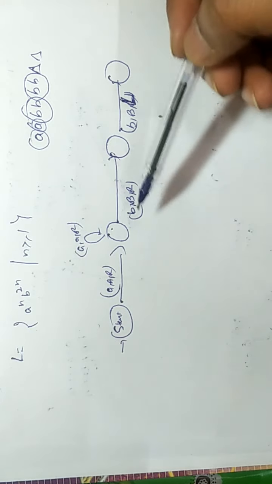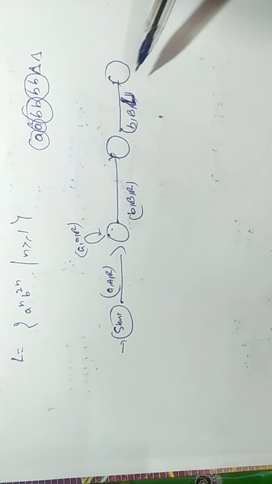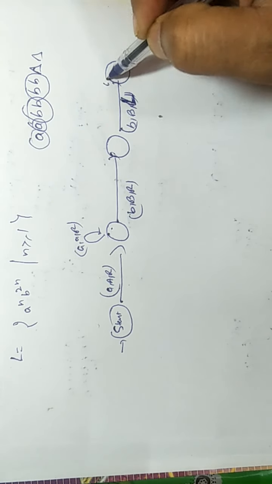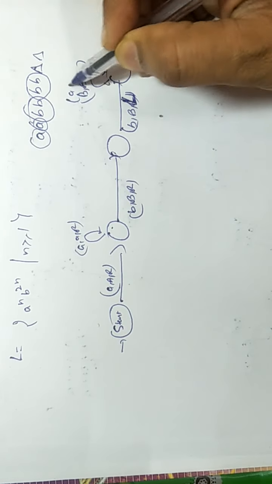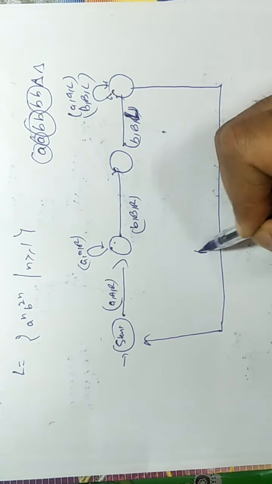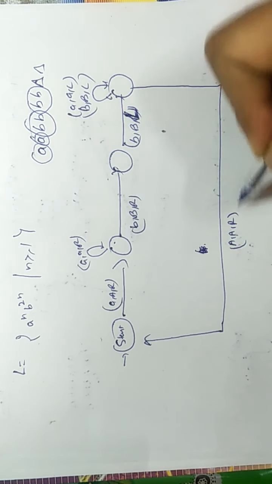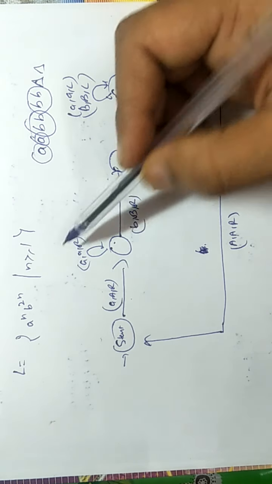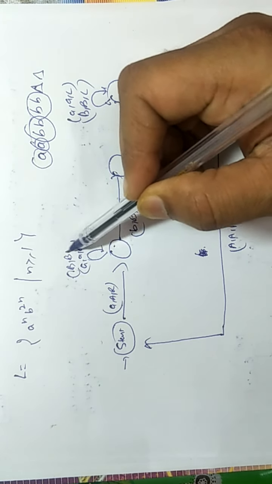You did for one small a and 2 small b, and after marking second small b you have to move to left so that you can find another small a. So here you are moving to left, you will get this capital B, then small a, then capital A, then in the right of this capital A you can find more small a. You will change it to capital A and leave all small a's as small a's, and you will get capital B, leaving it unchanged.